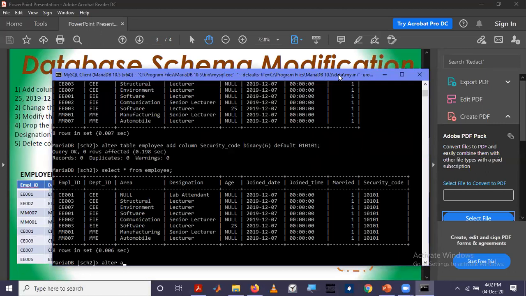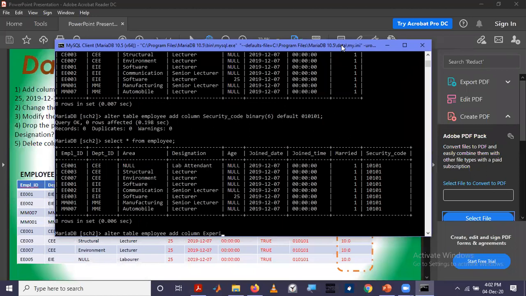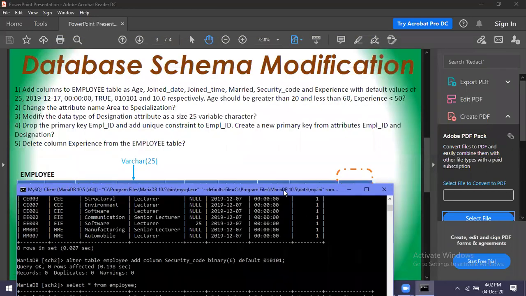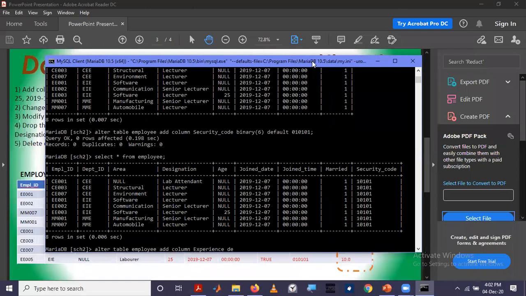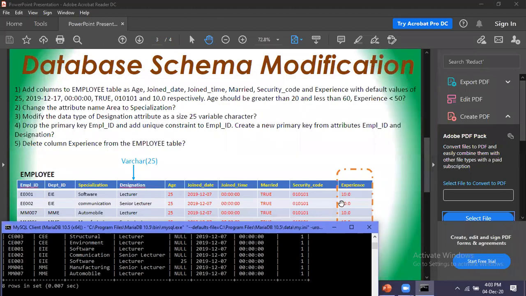So we have to use alter table employee add column experience, the column name, then the data type. As I told you, it is a decimal number, so we have to use this data type, decimal. And we have to specify the total number of digits. Here the total number of digits is 3 and only one decimal place is there.